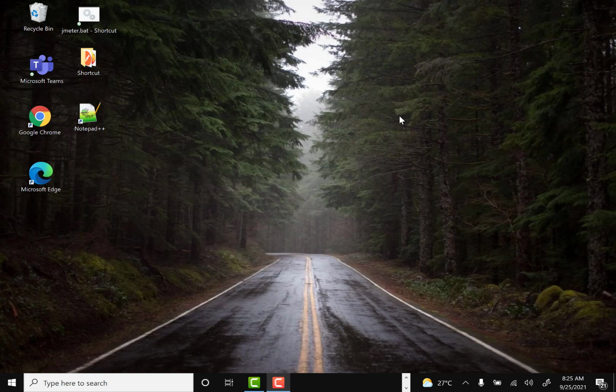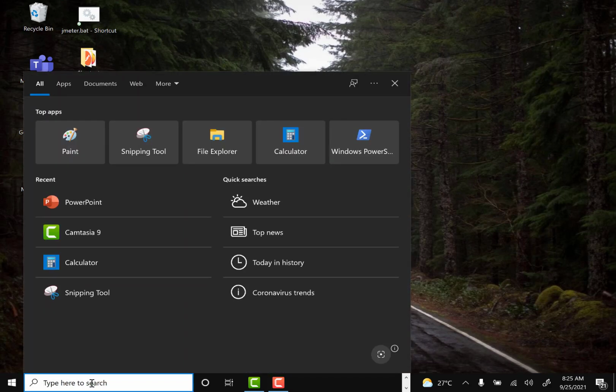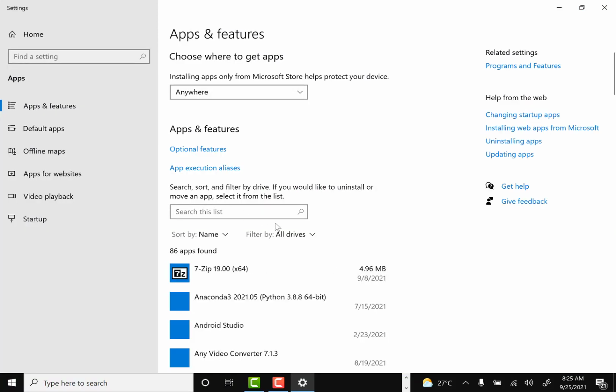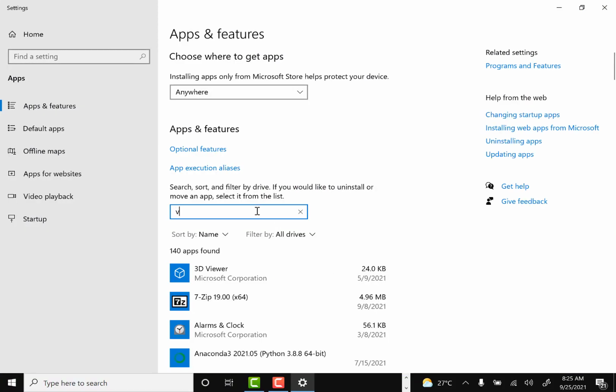So how can we uninstall Visual Studio? That's very simple. Either we can go via Control Panel or we can directly write here. This is my Windows 10, so we can directly write add or remove. As soon as you type add or remove programs, via that we can uninstall the version. If you click here, you have to search here for Visual Studio,